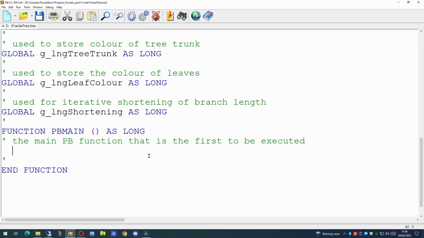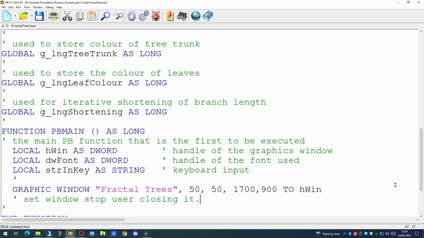As the graphics window will display on screen, we don't want the user actually closing the graphics window. Although that would in effect close the graphics window, it would not terminate the application, and the application would continue to run in the background. So we're going to set the graphics window up so that the user cannot close it, and we'll have to press a key on the keyboard to terminate the application.